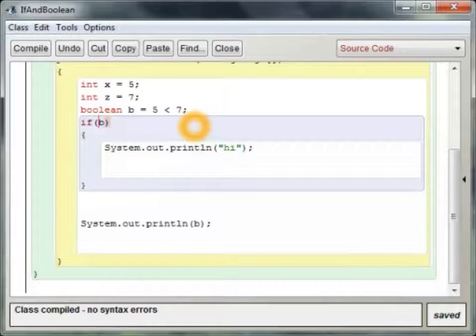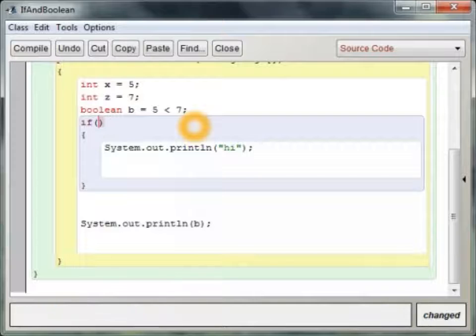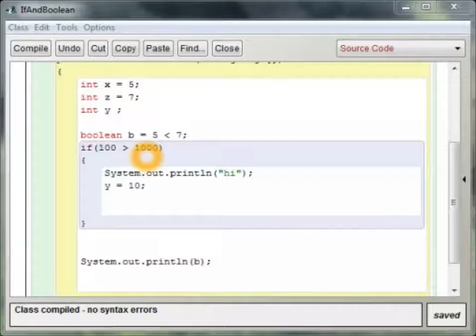If statements can take in arguments, and based on the result of that argument, if it's true or false, it will perform the operation inside of it. So let's say if we do, if 100 is less than 1,000. Okay, so I'll show you some weird little quirk with initializing variables inside of